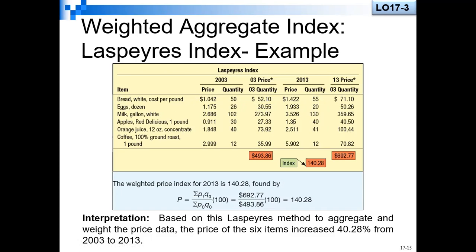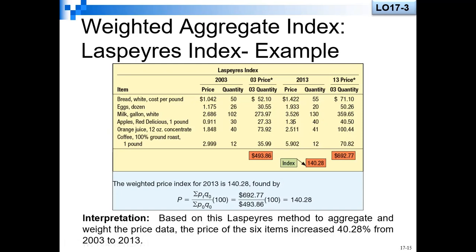I got 71.1. Okay, same number. You get 71.1. You see that there? Do you see it? Yes. Okay. So now you add up those multiplications and you get